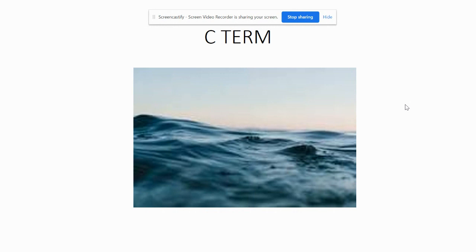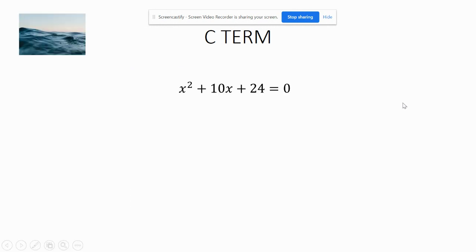Okay, completing the square when there's a c term. So what we have here is we've been working problems with x squared plus 10x, but now we got this plus 24. So the first thing I would do is simply minus 24 to the other side. And now it looks like what we've done before, where we're going to take this b term here and divide